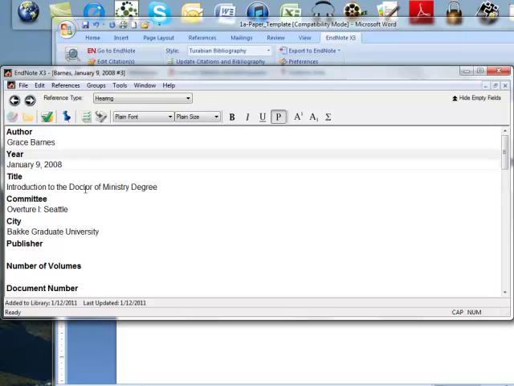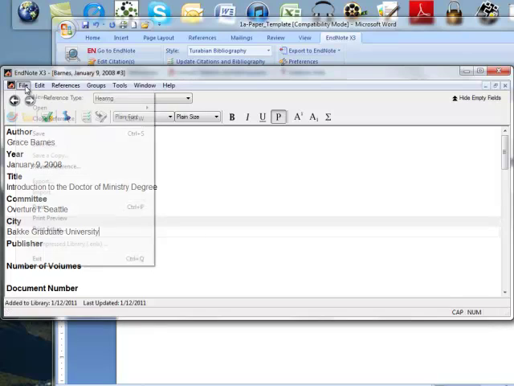In the space where it says year, type in the date of the lecture. The title is going to be whatever the topic is that the professor is talking about. Where it says committee, you're going to put the title of the class. In other words, this was our Overture 1 Seattle class, so I've typed in Overture 1 Seattle. And in the city, I've put Bakke Graduate University. So let's close out of this,